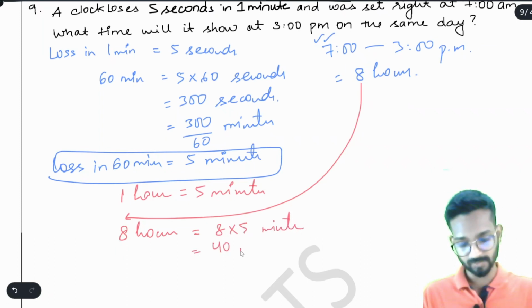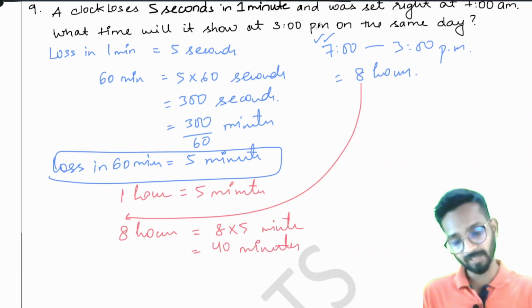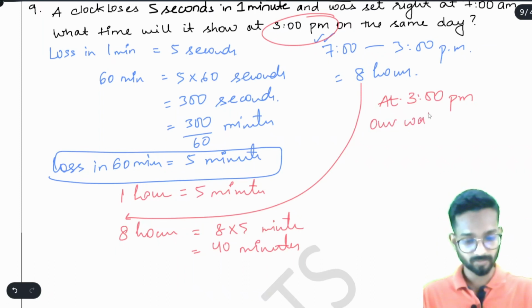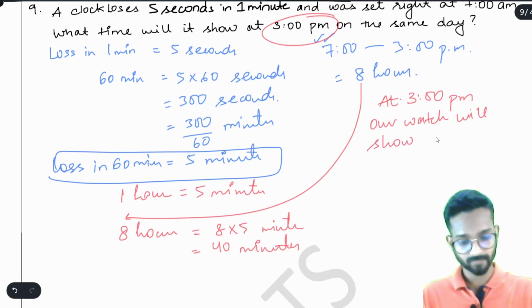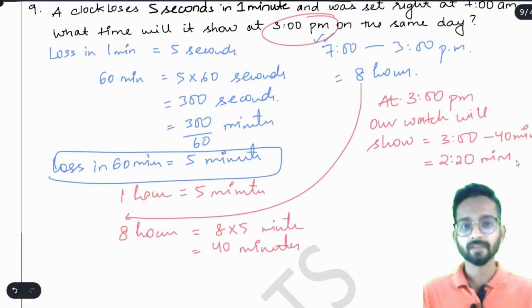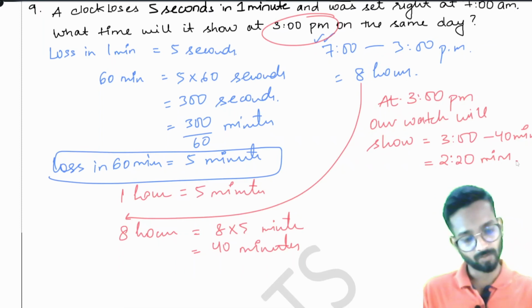That is 40 minutes. It means that at 3 p.m. on the same day, our watch will show 3 p.m. minus 40 minutes. So you can say it will show 2 p.m. 20 minutes. Very easy, simple enough. Now,